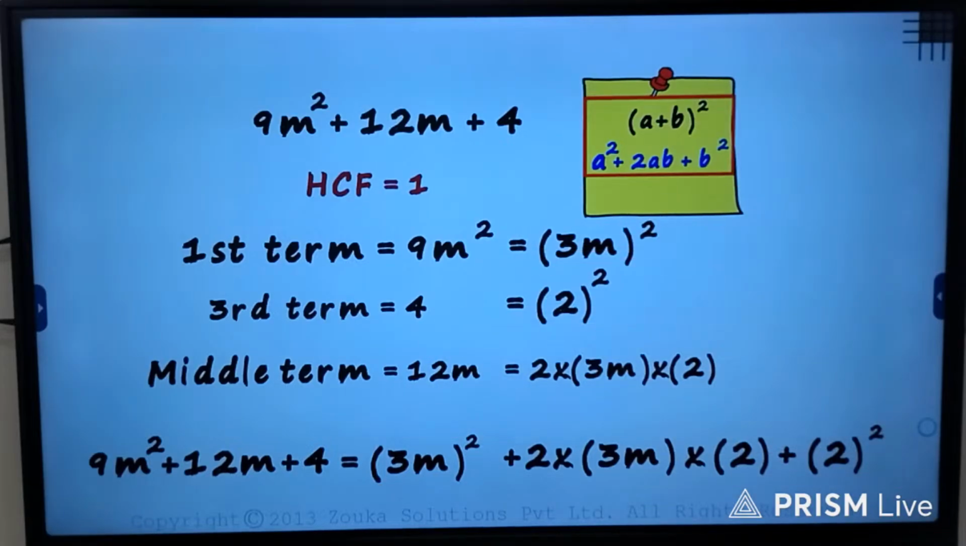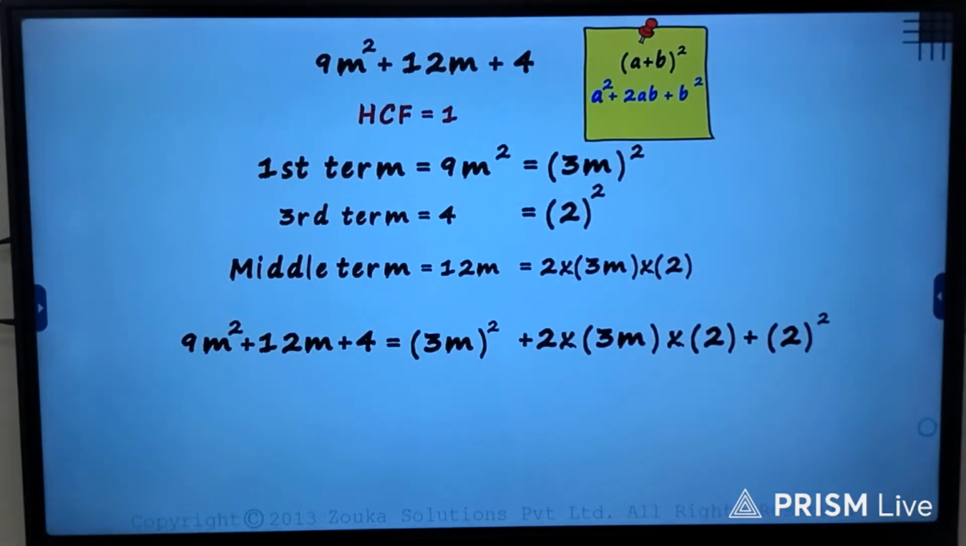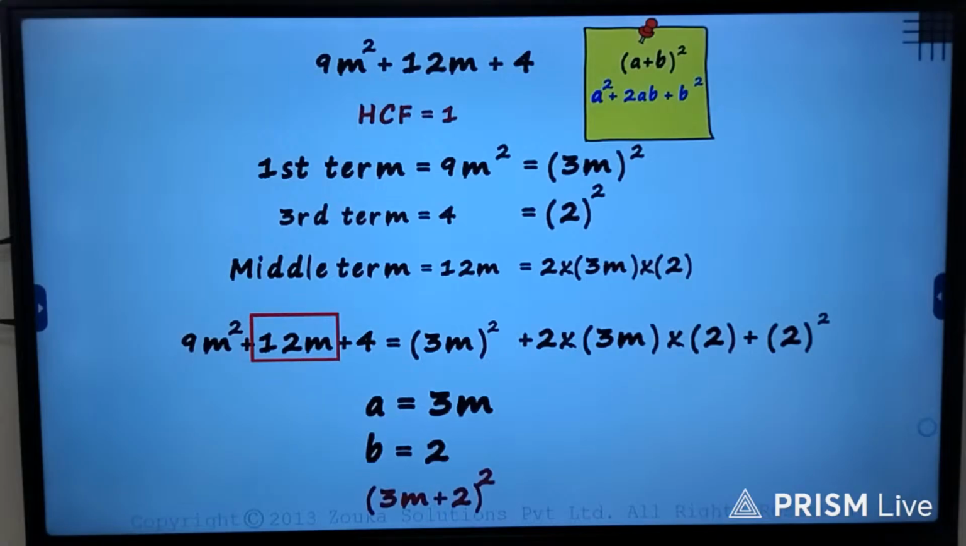Look at the first identity. Our expression looks exactly like the right hand side of the identity, where a would be 3m and b would be 2. So a plus b the whole square is equivalent to 3m plus 2 the whole square. 9m squared plus 12m plus 4 can be written as 3m plus 2 the whole square. We could successfully factorize this expression using the first identity. The question is, how do we know that the first identity has to